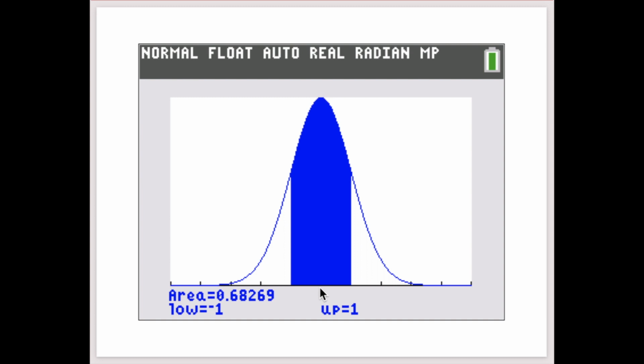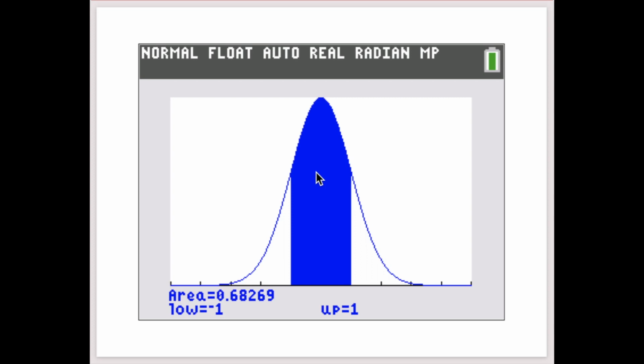Now, if we go out one standard deviation on either side of the mean, so if we consider the interval from -1 up to +1, an interval centered at 0, the mean of the distribution, going out one standard deviation on either side of that mean, then we can see here that